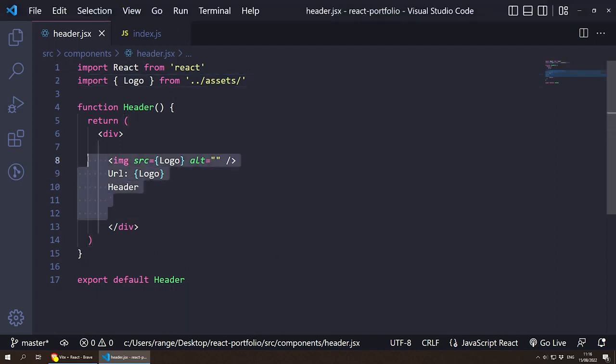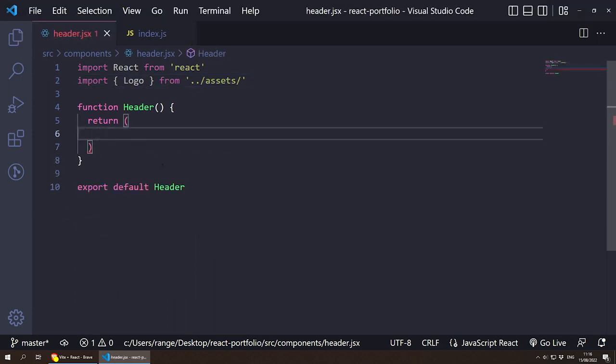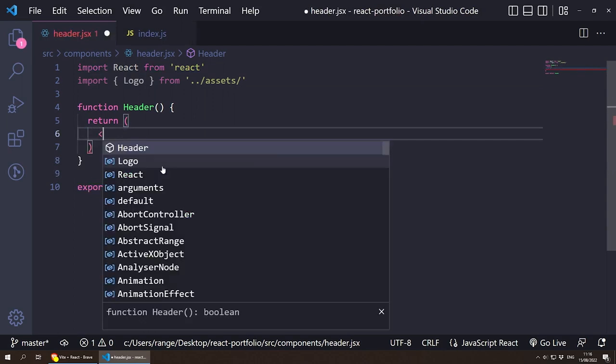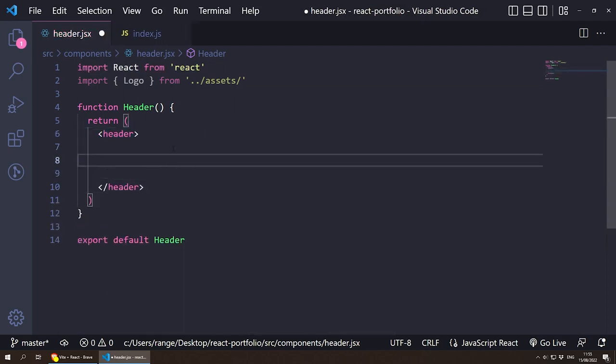Let me clean everything up inside here. And I'm actually going to remove this div. And I'm going to wrap everything inside a header HTML element. And inside here is where we're going to be stacking our elements. Let's start by building this very simple, and then we'll add the styles, we'll add the links and everything else